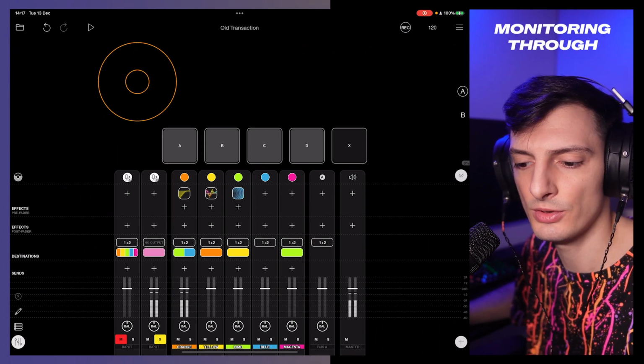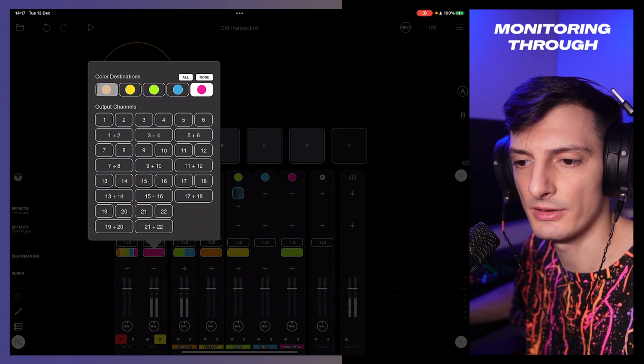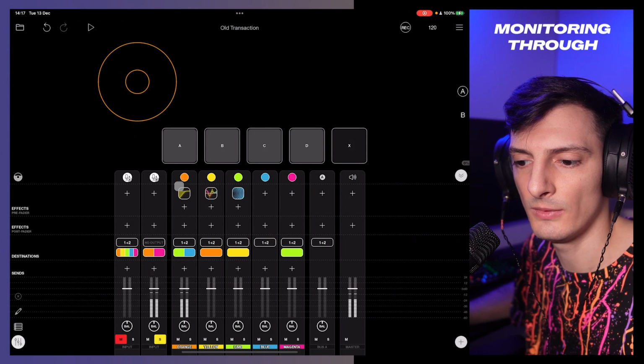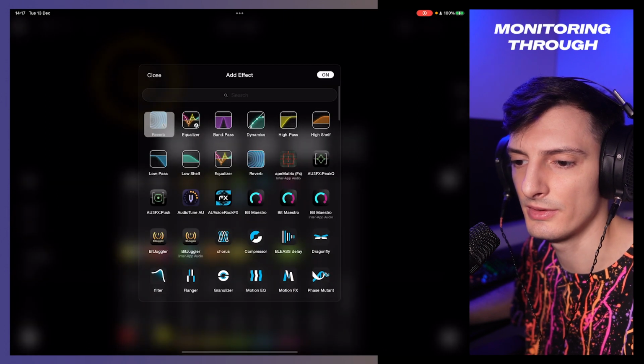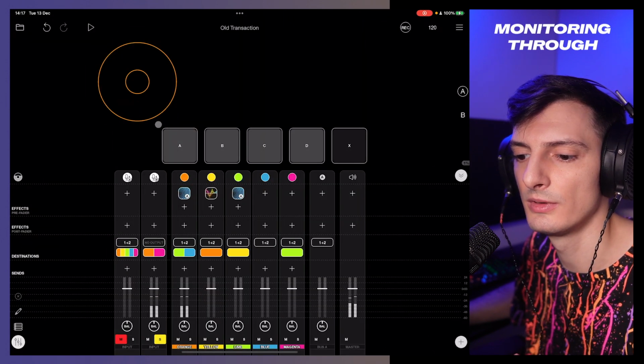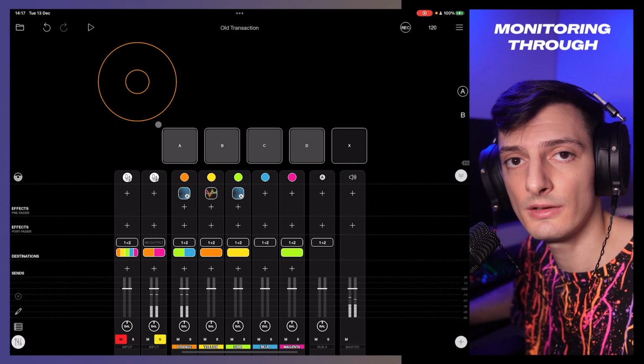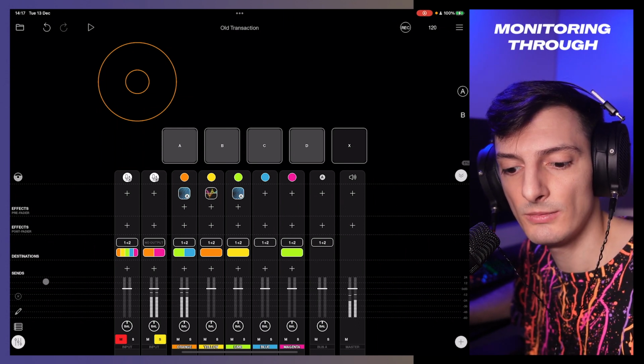So better to show this, I will just enable record to orange, and I will switch to reverb here. Right? Just a simple one. 1, 2. And you can hear the reverb. But when I click record,